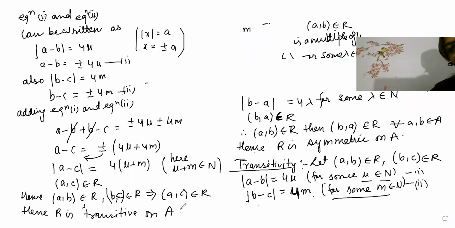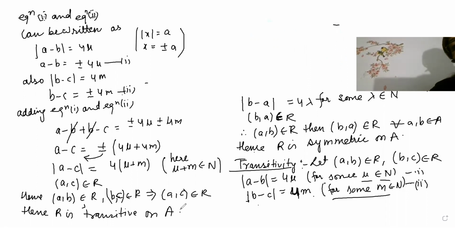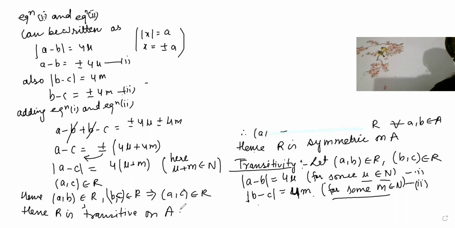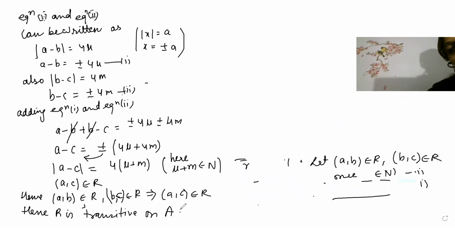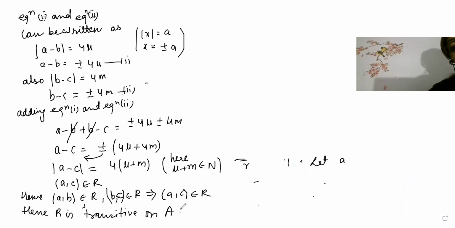So the final statement we are going to write is, hence R is an equivalence relation on A. See, point by point, cut to cut writing is very, very important, beta. If you write everything, then only you can think of getting full marks. You have to write everything there, beta. So therefore, what are you going to write? R is an equivalence relation on A.